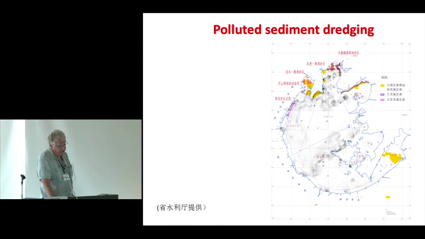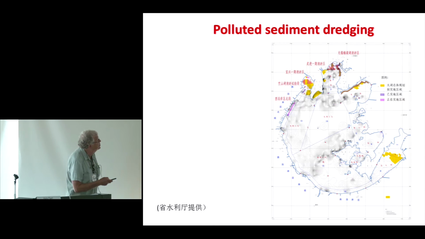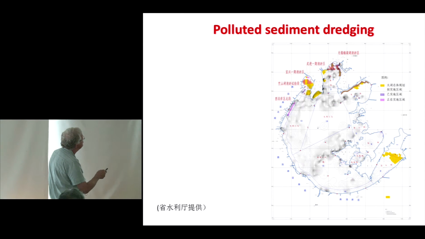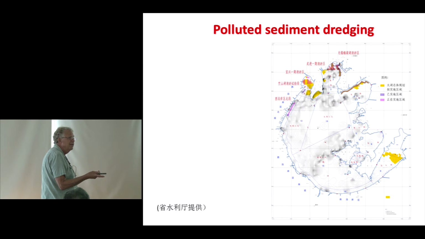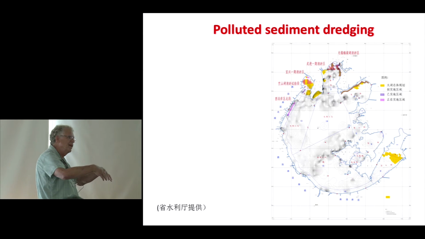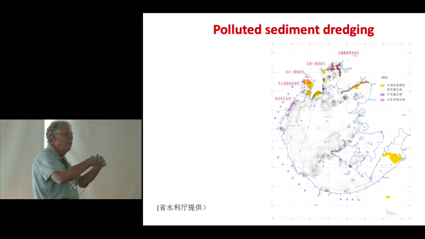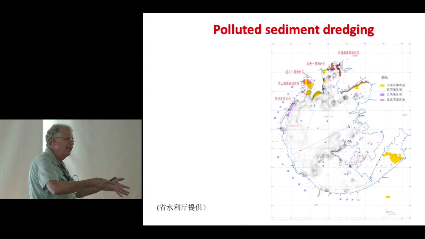The other engineering effort that's been put into place was to use sediment dredging in these bays in which the problem is most extreme. That's a good idea on paper, but if you take sediments out of the lake, you have to put them somewhere outside of the basin, because if you don't, ultimately the nutrients will come back into the system. And that was not done. So about $1.5 billion was spent on that, and the problem really hasn't improved at all.